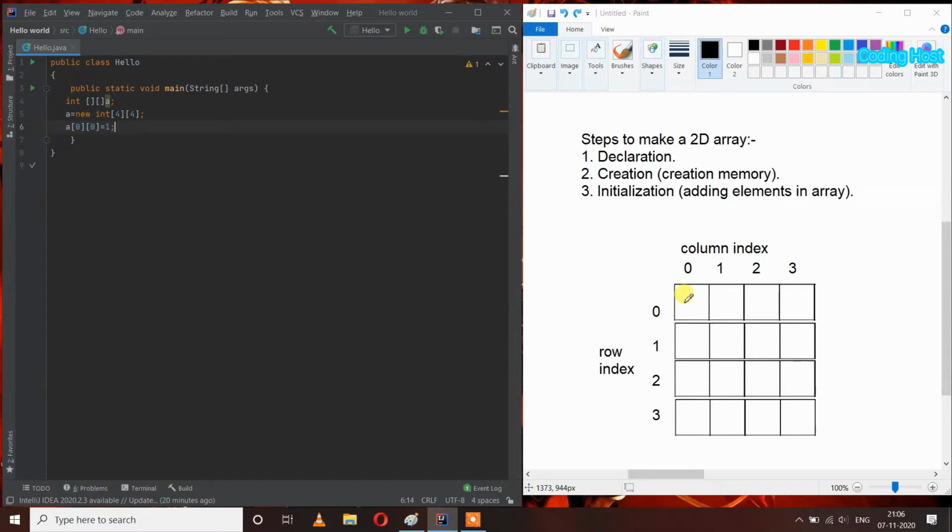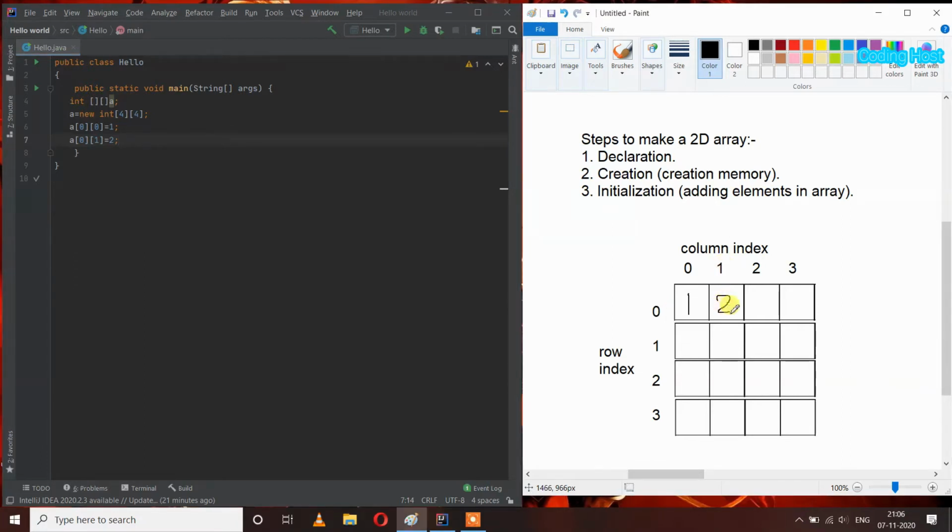In the array at this place we have element 1. After that I will write a 0, and in the other square brace 1, equal to 2. So it means that at index 0 1 here we have element 2.